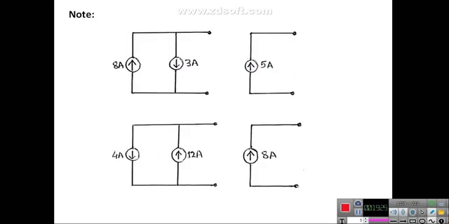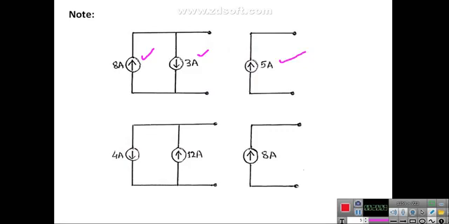Similarly, suppose you have a current source whose direction is upward, 8 ampere, and another is downward, 3 ampere. What is the resultant of these two? So 8 minus 3, because one is upward and one is downward. In this case you need to subtract one from the other, that means subtract the lower value from the higher value, and the resultant current direction should be the same as that of the source having the higher magnitude. So 8 minus 3 is nothing but 5 ampere. That is the resultant current, and the direction will be upward.